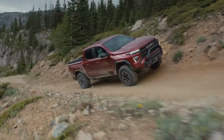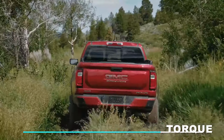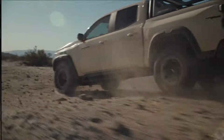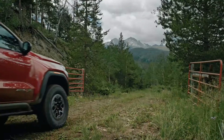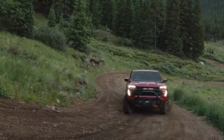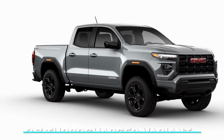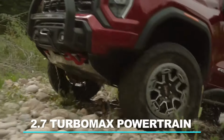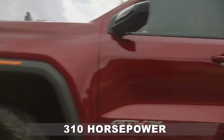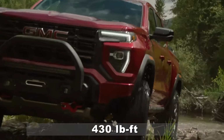Although Chevy guys were a bit disappointed to see that neither Colorado nor Canyon offered a V6 option under the hood of their newer trucks, the Turbo Max engine provides more horsepower and torque compared to the old V6 powertrain. Unlike the Chevrolet Colorado, the higher output Turbo Max engine comes as standard for the Canyon. Even on the base Canyon trim, you won't be able to get the lower output 2.7 turbocharged variant. The 4-cylinder 2.7 Turbo Max powertrain is able to produce 310 horsepower at 5,600 RPMs and 430 foot-pounds of torque